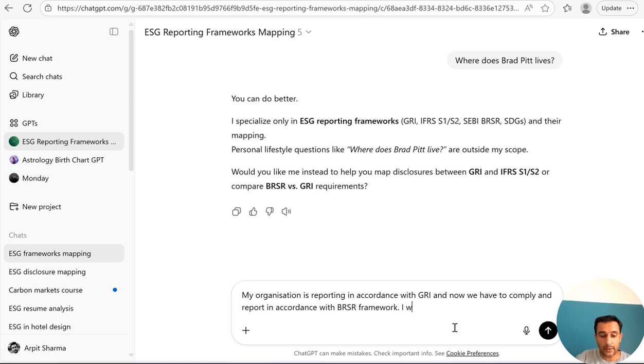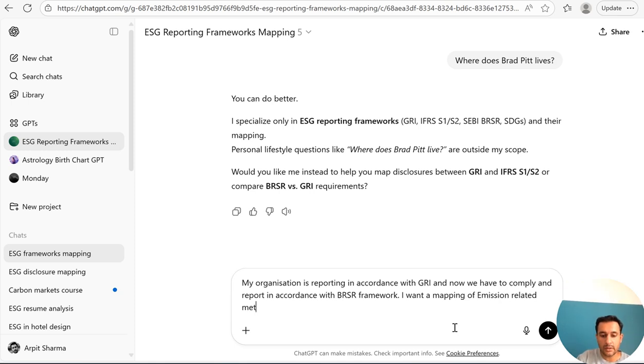So I want a mapping of emission related metrics, or say disclosure requirements, right? And let's see what it says.